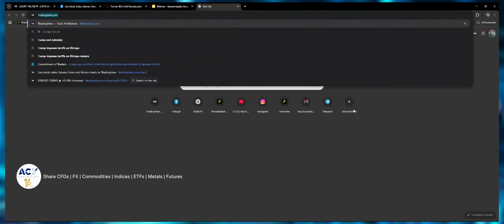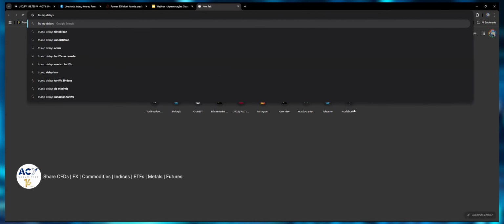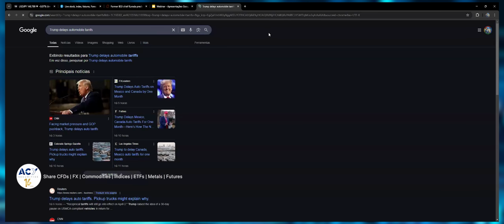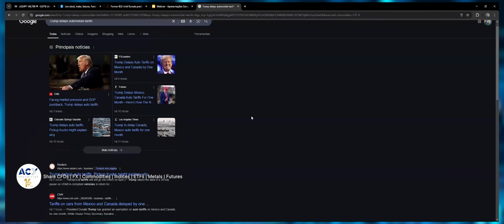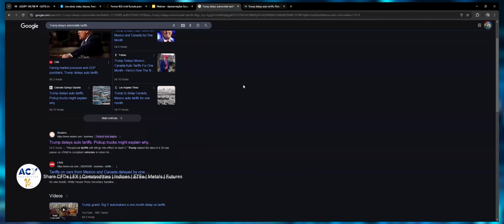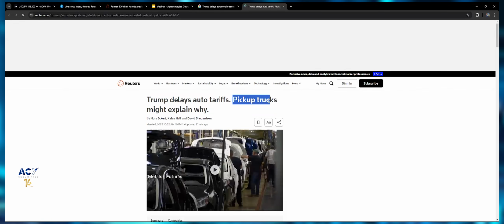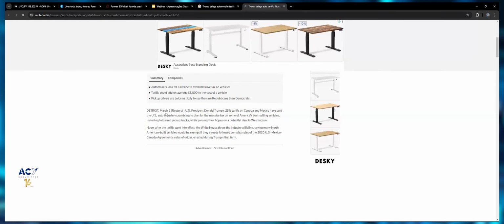If we search it up, Trump delays automobile tariffs. So, 3 hours ago, let me just find it. There you go. So Trump delays auto tariffs, pickup trucks, might explain why. So on March 5th,